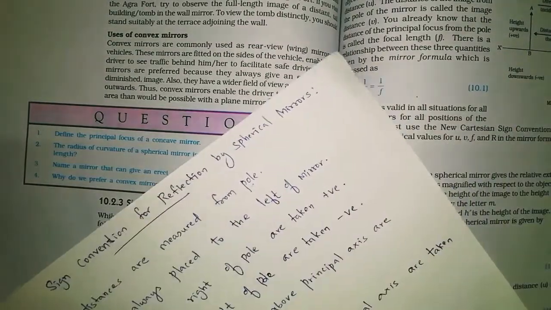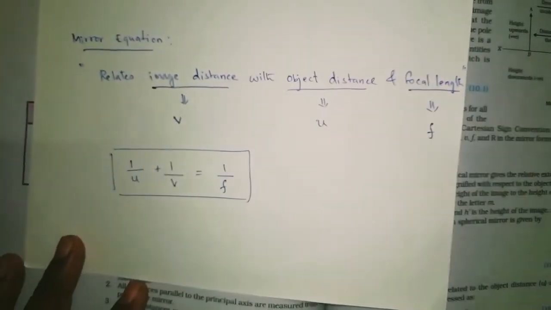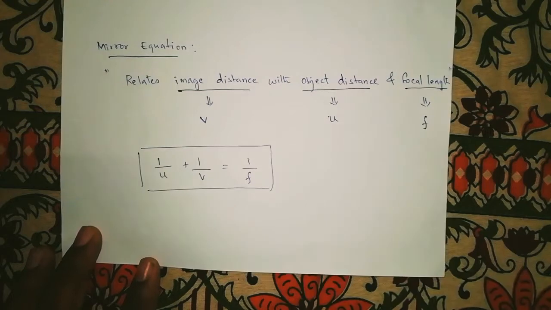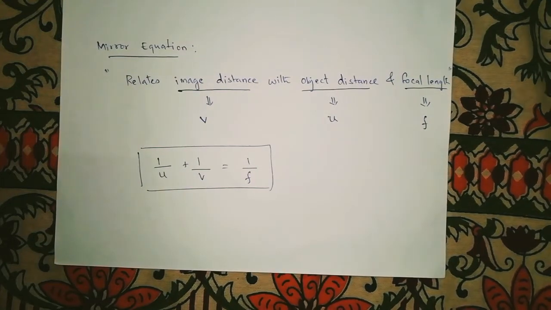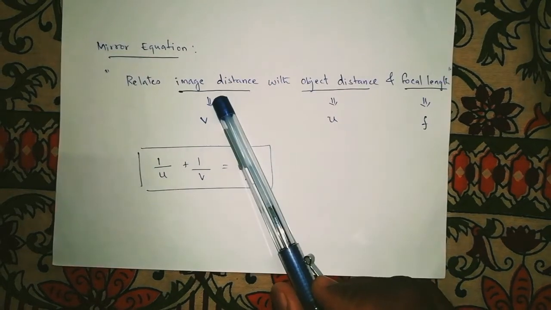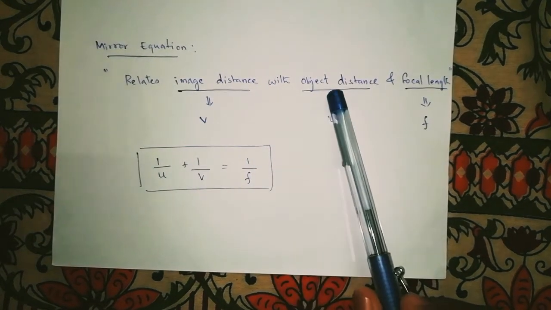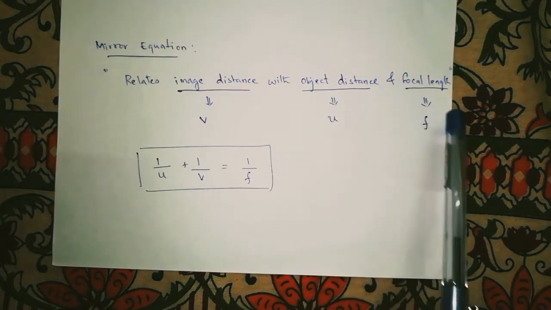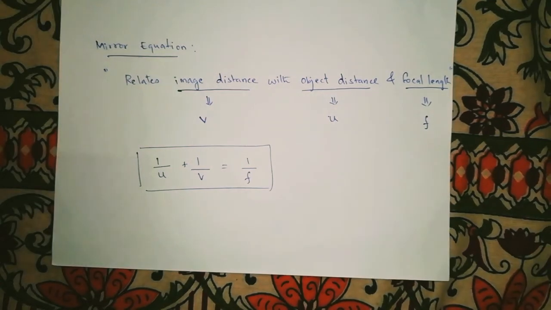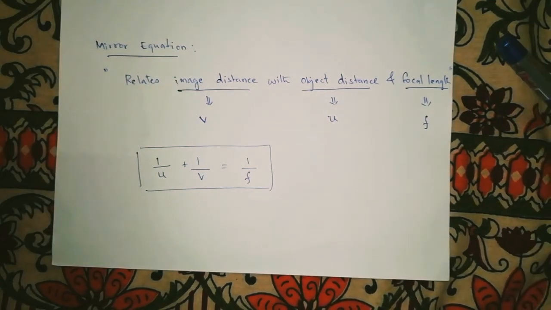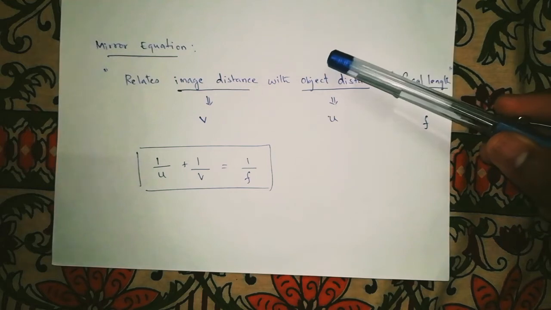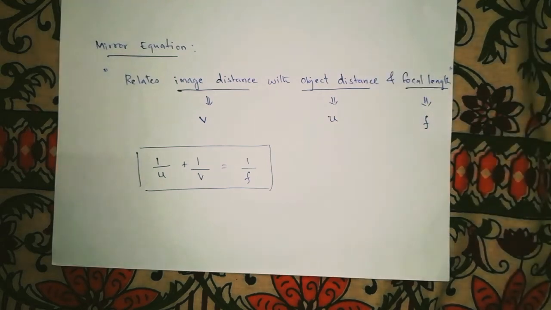In today's class, we are going to learn about the mirror equation. What is this mirror equation? As we know, the mirror equation relates the image distance with the object distance and focal length. In a spherical mirror, the distance of the object from the pole,